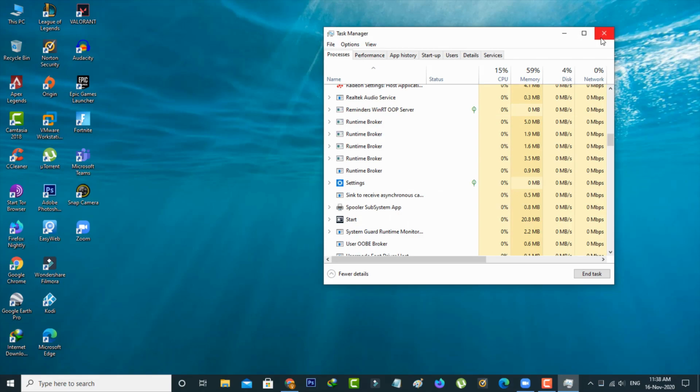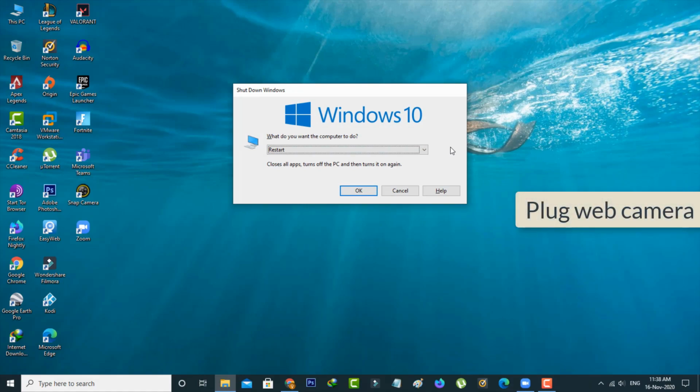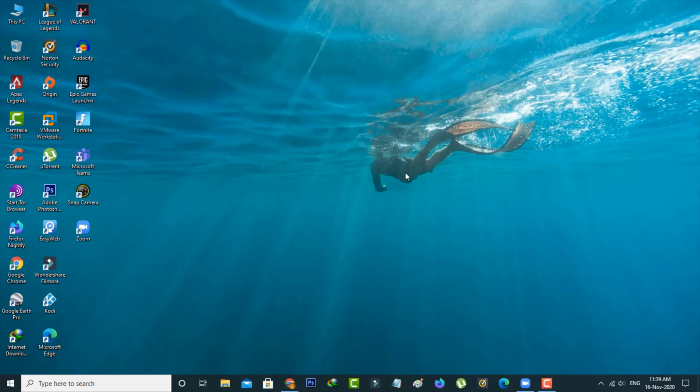Then restart your Windows PC. During the restart, plug your same web camera into another working USB port. After the restart is completed, once again I try to access my Snap Camera.